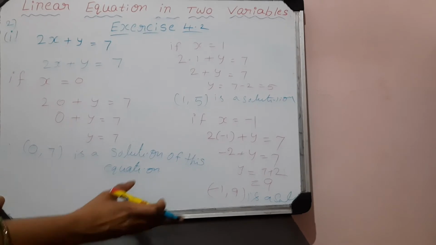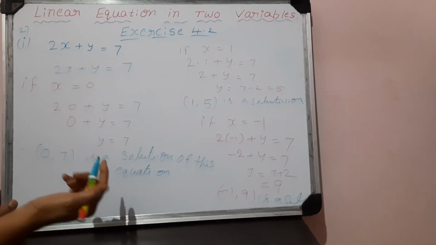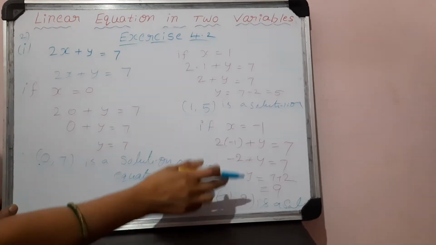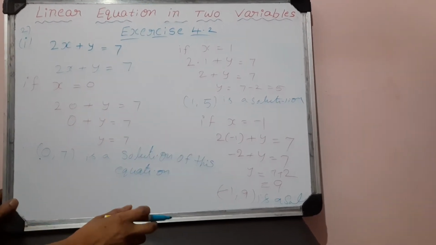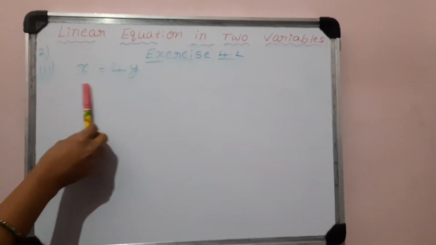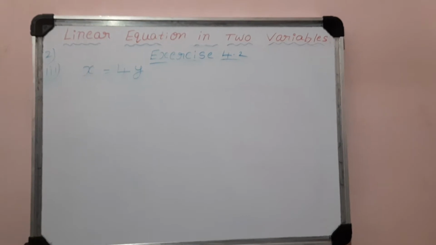Same like that only. If x is equal to 2, you can substitute. How many solutions are they asking? 4 solutions. 1, 2, 3, and x equal to 2 you taking means one more solution you got. So next sum I will explain. Listen. Yes. This is also: write the 4 solutions of this equation.